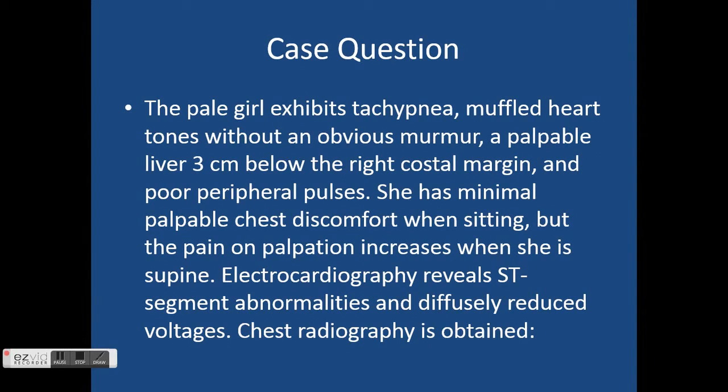The pale girl exhibits tachypnea, muffled heart tones with an obvious murmur, a palpable liver 3 centimeters below the right costal margin, and poor peripheral pulses. Sound familiar? She has minimal